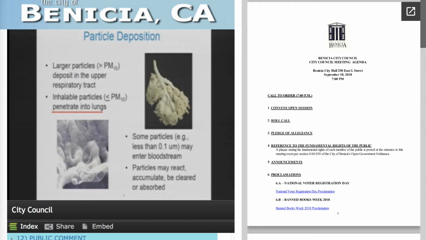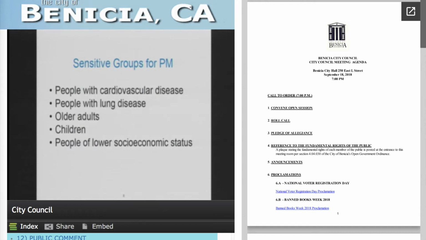Particulate deposition from particulate matter shows that PM10 deposits in upper respiratory tract and particulate matter of PM2.5, as Council Member Tom Campbell pointed out several weeks ago, are inhalable and penetrate the lungs. Particulate matter smaller than 0.1 micron may enter the bloodstream directly. Sensitive groups for particulate matter are people with cardiovascular disease, lung disease, older adults, children, and those in a lower